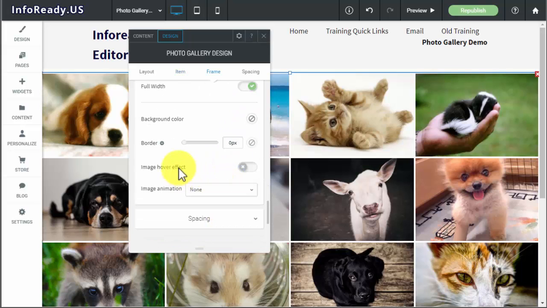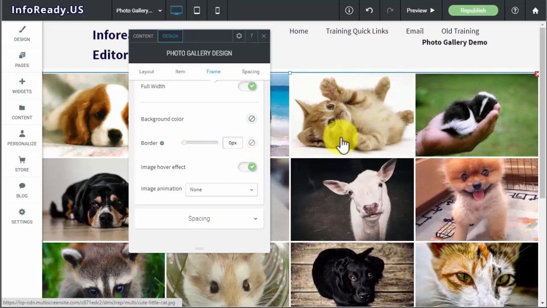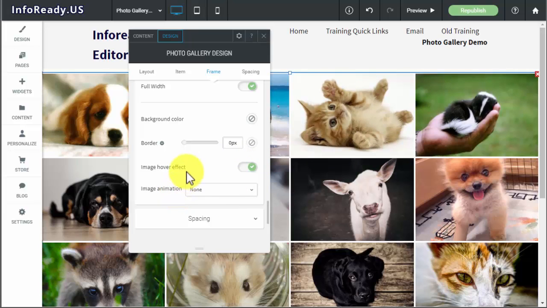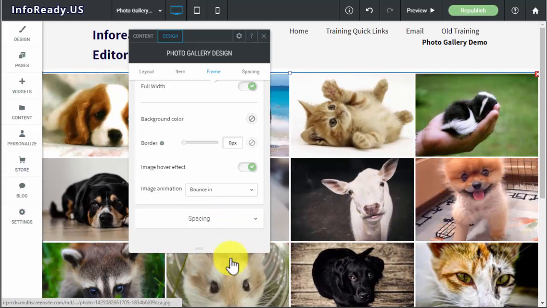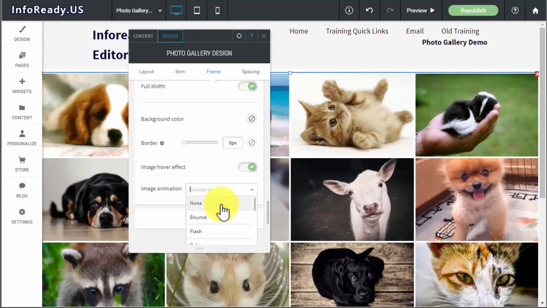Back to the hover effect. What the hover effect does is when you hover over it, it does something. In this case, it zooms in. It also has image animation, and the image animation is when it first loads. You see how it bounced in there. You can just play with these different ones and see